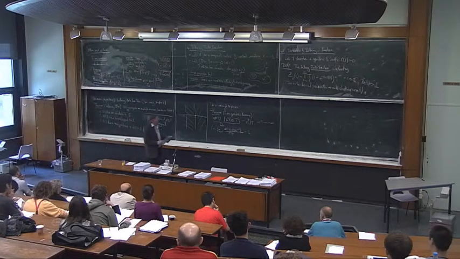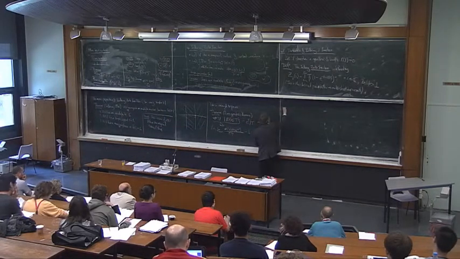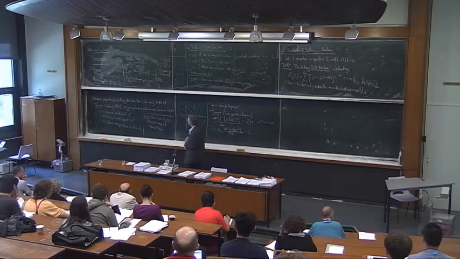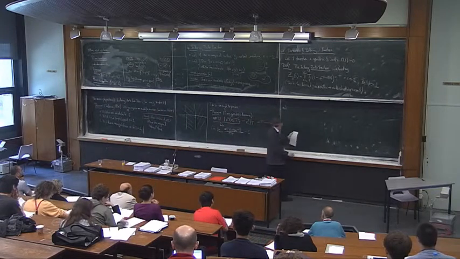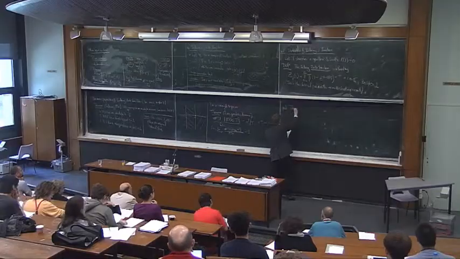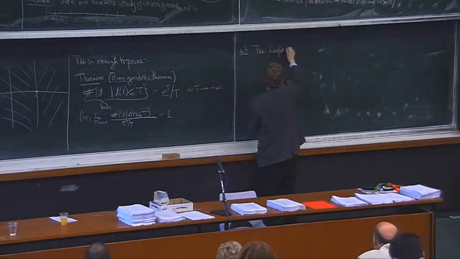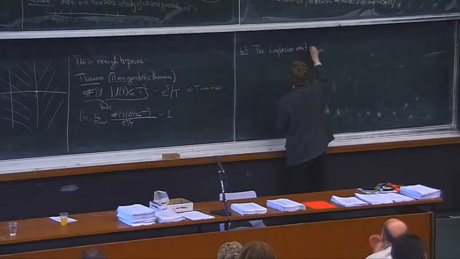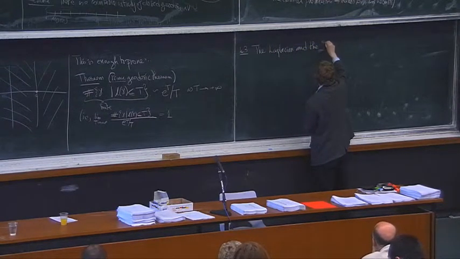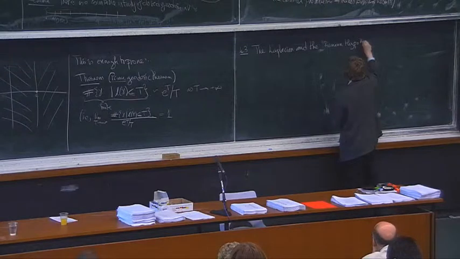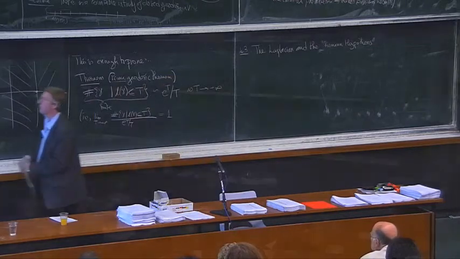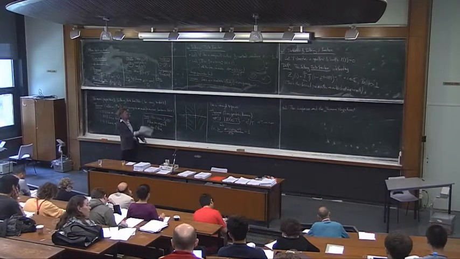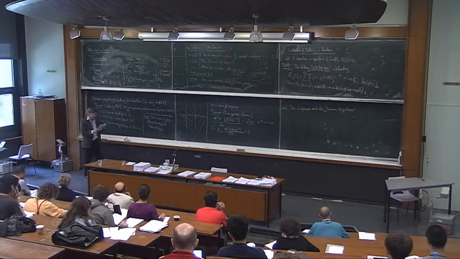So perhaps one of the reasons that the Selberg zeta function is kind of interesting, particularly to number theorists, is because it does satisfy the analog of the Riemann hypothesis, this promised holy grail. So let me just say something about that. And it's related actually to the Laplacian. And so I'll call this section the Laplacian and the Riemann hypothesis. So Riemann hypothesis is in quotation marks because it's not the Riemann hypothesis, because it's not related to this zeta function but to the Selberg zeta function, and also because it's slightly different in a way that will become apparent